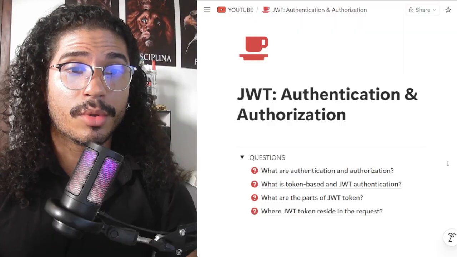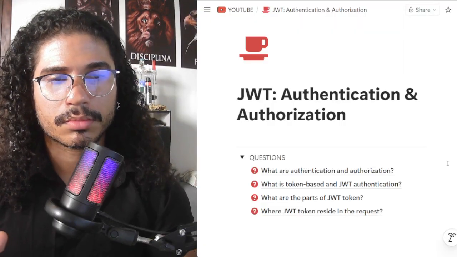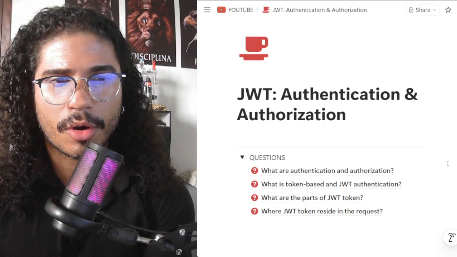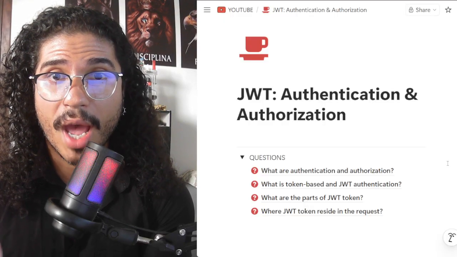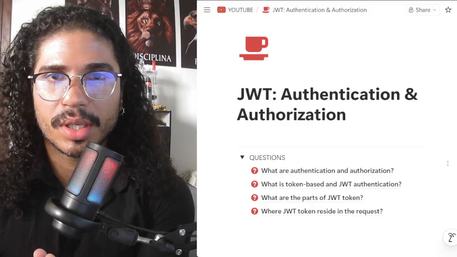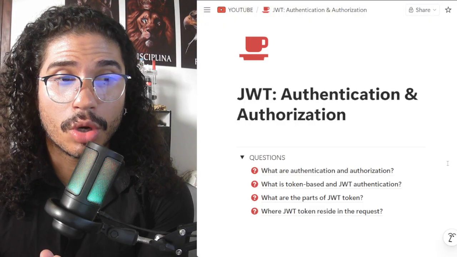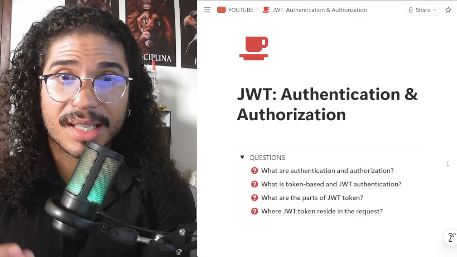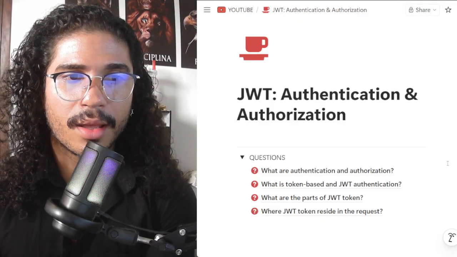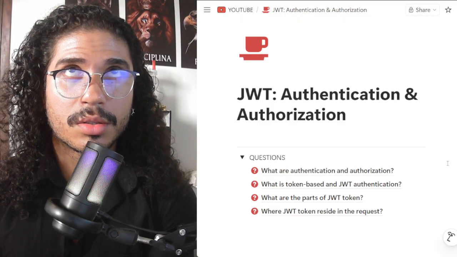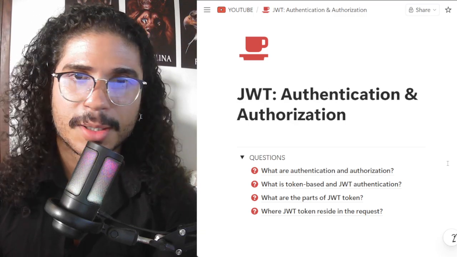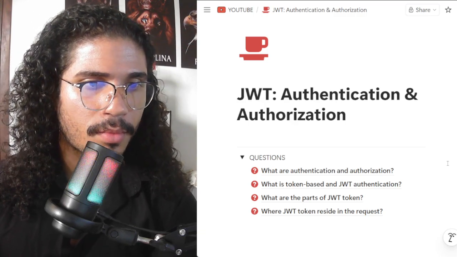What is JWT authentication? JWT stands for JSON Web Token. That's nice because we now know that this is a JSON format, and it travels on the web. So very good. And